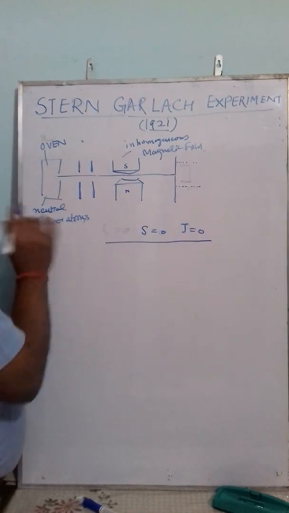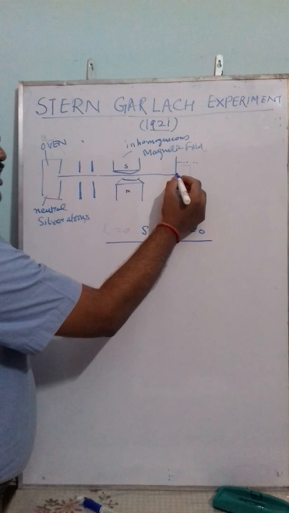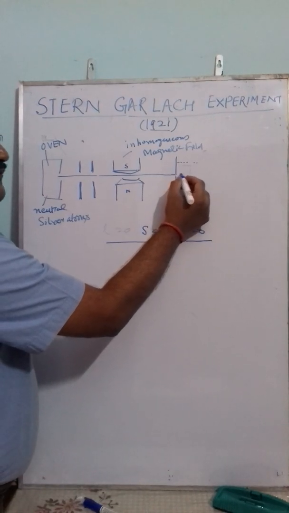J equal to 0 means the beam would have produced only one trace,